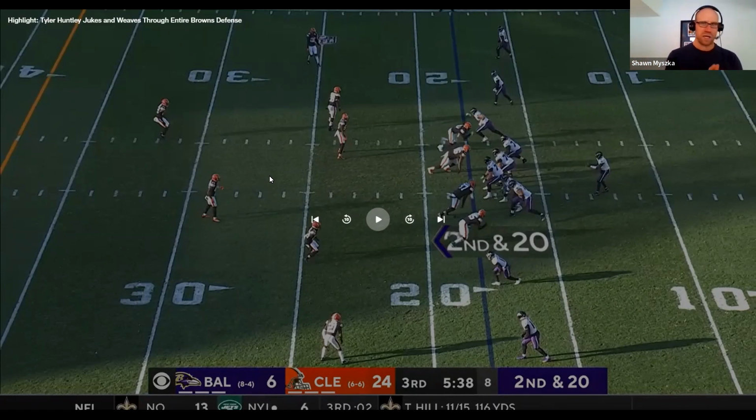I want you guys to think about this for a moment. Tyler Huntley played 4 years at Utah. He didn't run the ball all that much. And you would think, as an undrafted free agent and somebody that the Ravens are bringing in, that they'd be trying to bring in somebody who has a lot of exposure and experience running the football from the quarterback position. Unfortunately, he really didn't. In fact, he averaged less than 3 yards per carry across the entirety of his career at Utah. In 4 years,